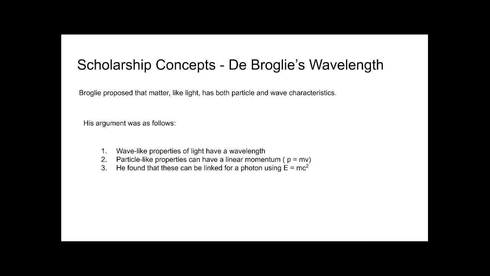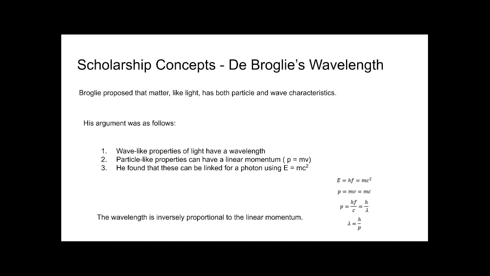We're very familiar with momentum from level 2 and level 3 physics. So he found that we can actually link the wavelength with the linear momentum by using Einstein's E equals mc squared. So he found that the wavelength is inversely proportional to the linear momentum. We know that E equals hf, that's the energy of the photon, that equals mc squared, and we can say that the linear momentum is equal to its mass times velocity, but we know that the speed of light is c, which is 3 times 10 to the power of 8. So in this case, we can substitute